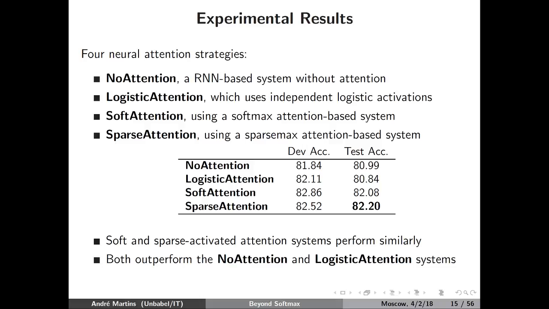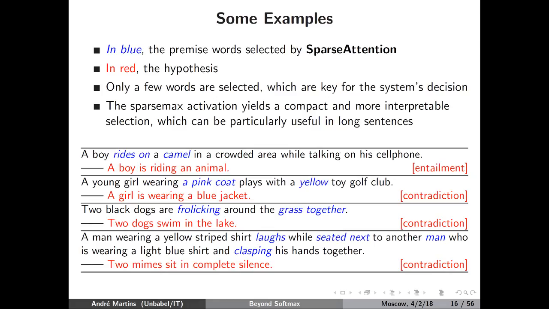So Sparsemax does better on the test set, but it does worse on the dev set. And the two perform quite similarly. But if you care about interpretability, so if you want to go to your model and look at the words that received some attention and understand why the model decided in a particular way, then Sparsemax is really neat because it can zero out all the attention that goes to irrelevant words. So we can interpret the ones that get a non-zero probability as words that are relevant for the final decision.